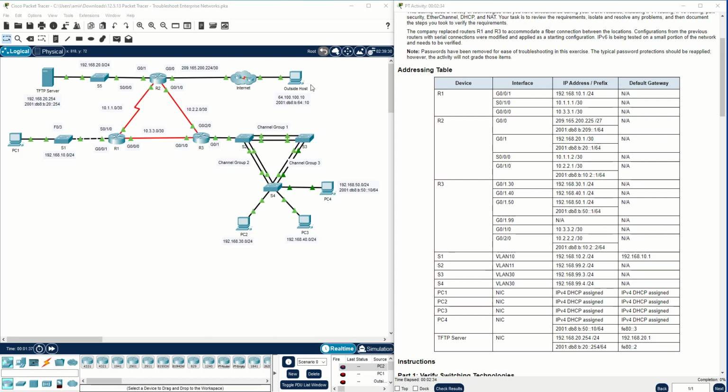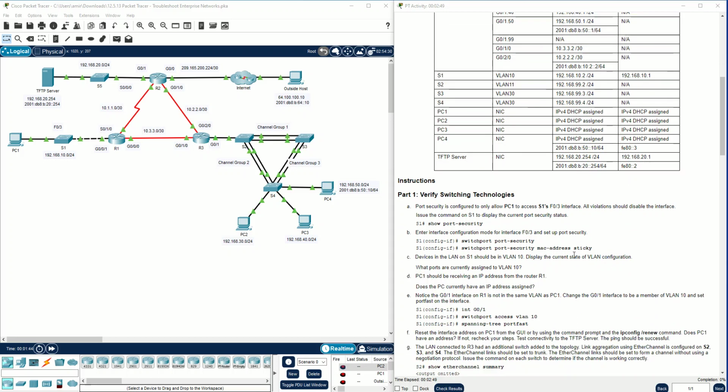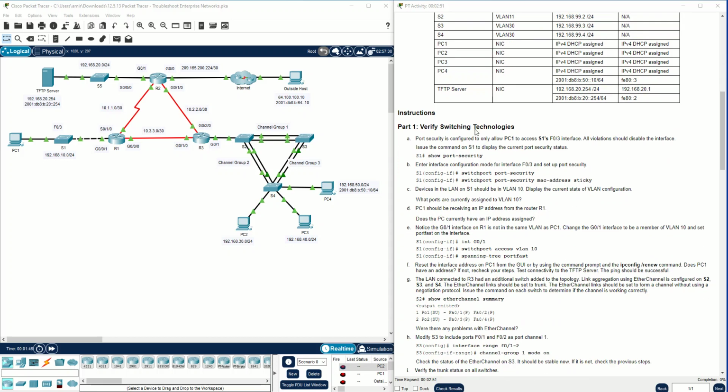And yeah, as you know, NAT helps us translate private IP addresses to public IP addresses, and all of the internal devices can get access to external devices and can ping external. First, we should verify switching technology. Port security is configured to only allow PC1 to access Switch 1's FastEthernet 0/3 interface, this interface,